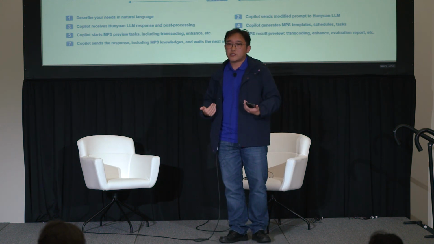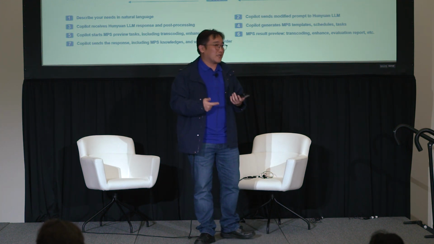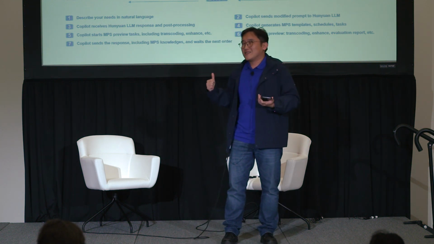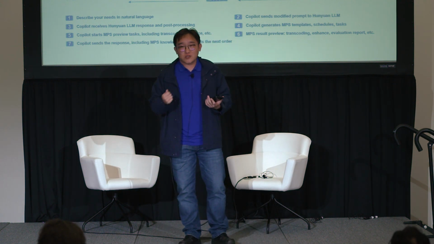For example: I want to make this video bitrate lower, the quality higher, make it brighter, give it high contrast, something like that. Then after the process, the copilot can send the result directly to the user. So no more engineering effort, and we can save our engineers' time for higher-level tasks instead of repetitive tasks every day. It's still under development, and we hope to bring a showcase soon. So next slide, please.